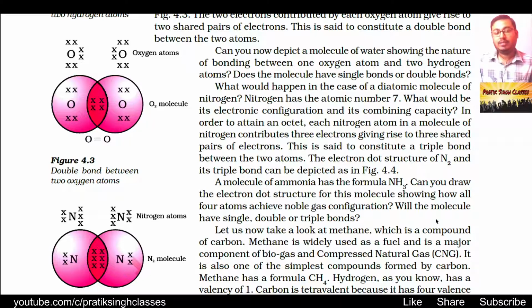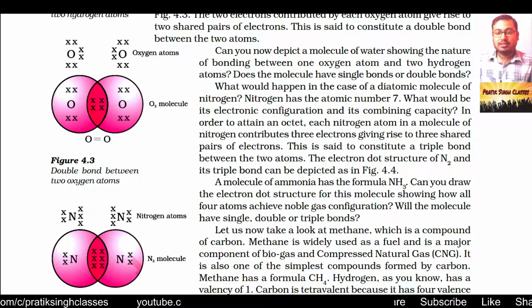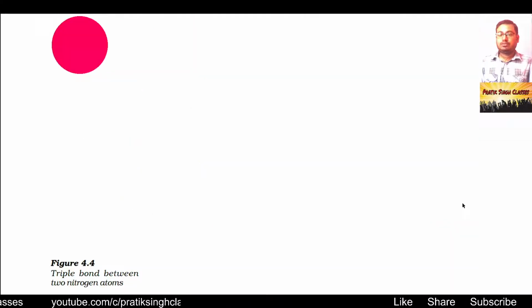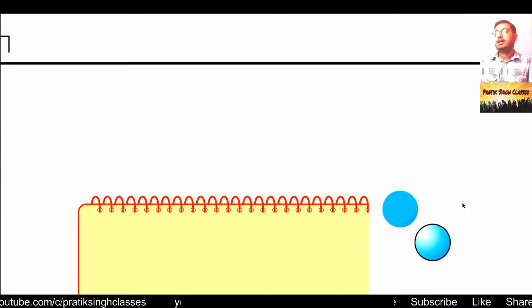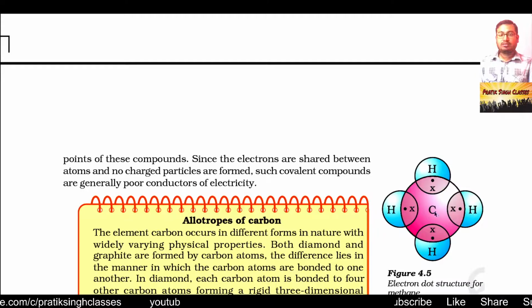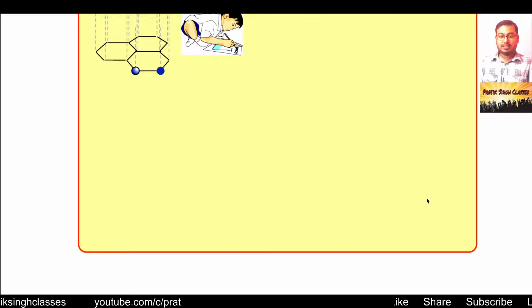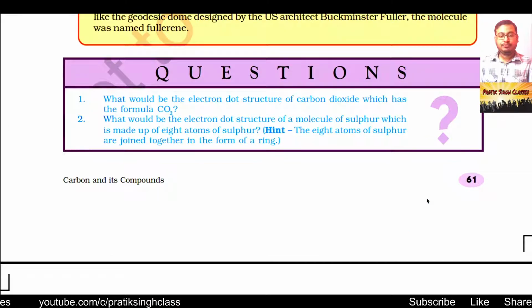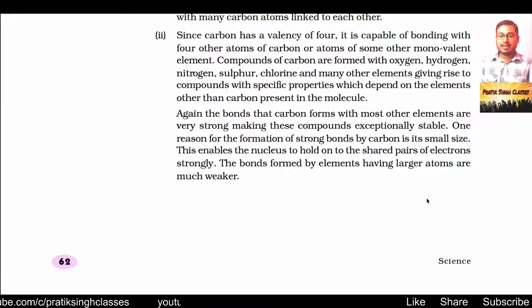We have seen carbon and its compounds, nomenclature, its special properties, and covalent bonding. Then we saw why the melting and boiling points of covalent compounds are lower than those of ionic compounds. Then we saw sharing of electrons, Lewis dot structures, different allotropes of carbon, nomenclature, and some special properties of carbon and its compounds.